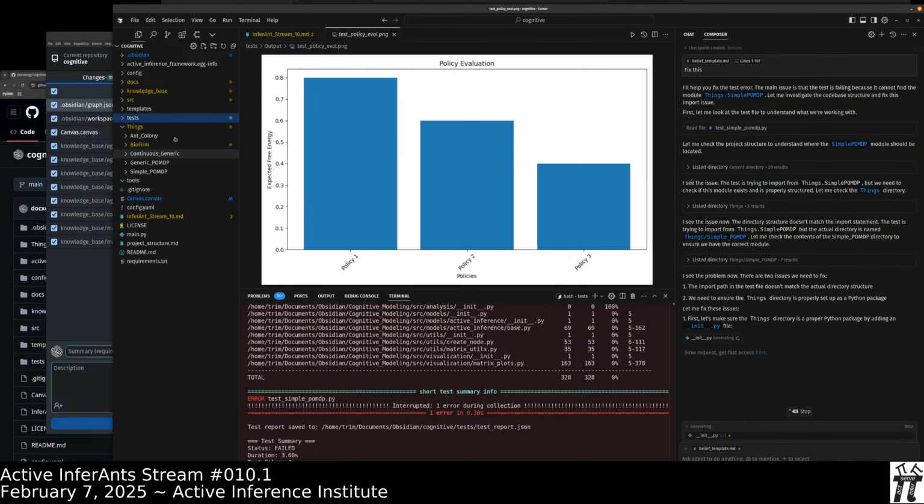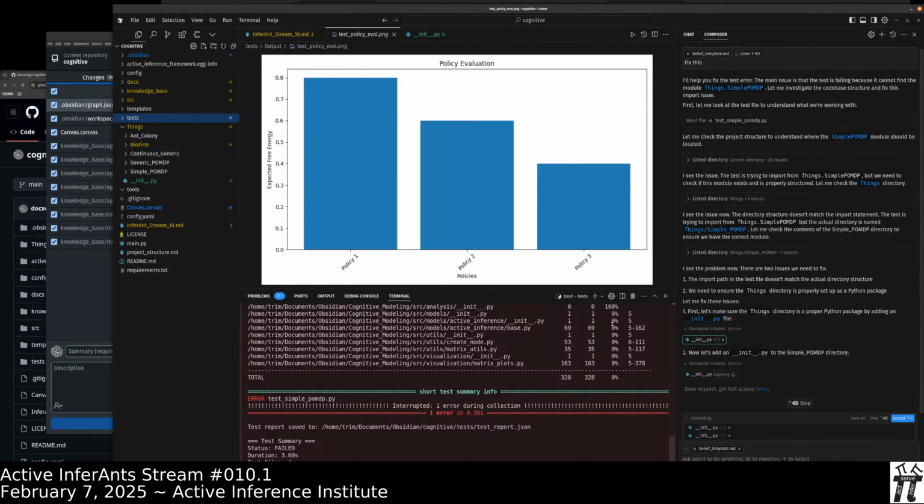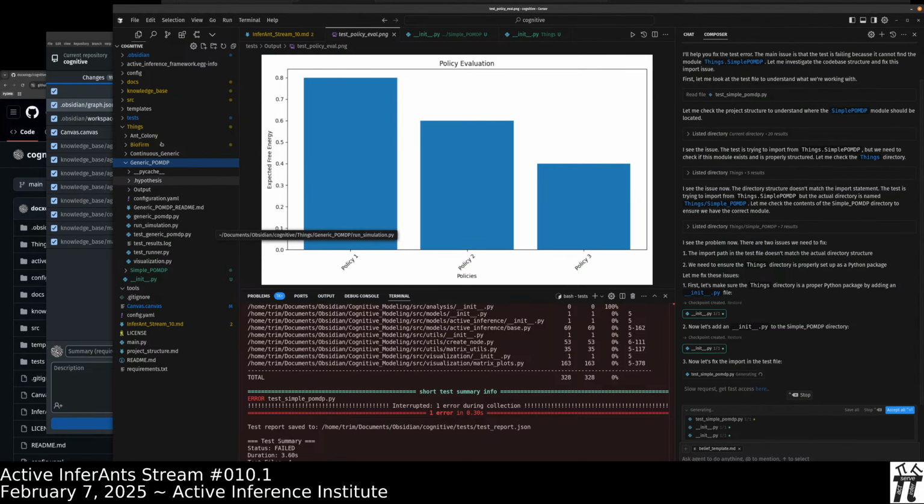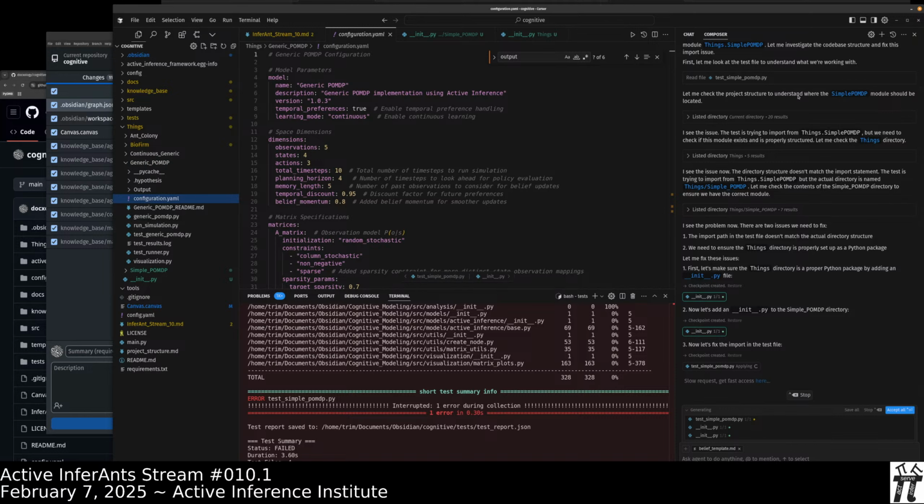All right, now we get into the things. This is exciting because it is pleasantly surprising truly how rapidly and absurdly some of these programming capacities are advancing. So I'm going to start with possibly the most useful of the things here, which is the generic POMDP, while it's fixing the tests over there.